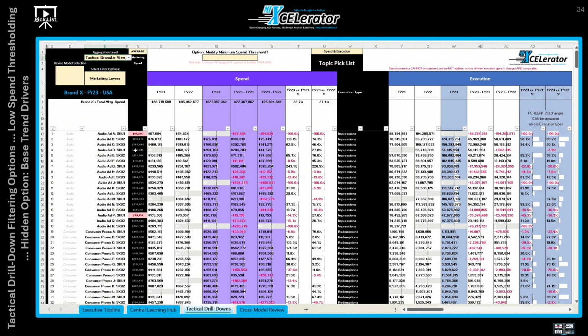One other feature that was built into this tool is, a lot of times there will be a concern that maybe there was a tactic that didn't have a lot of money put behind it. So we got results from the model, but we want to take them with a little bit more of a grain of salt because there weren't as many observations. So a lot of times clients would like to put a spend threshold, or at least some sort of warning flag, that there are numbers here, but be a little bit cautious. I built that in where we have a default of $100,000. So any tactic that has less than $100,000 of spend, you see your spend here, and it gets flagged by